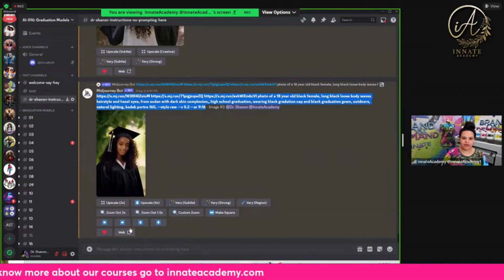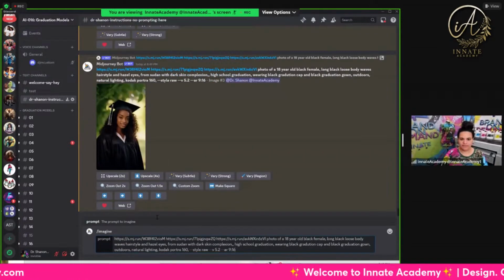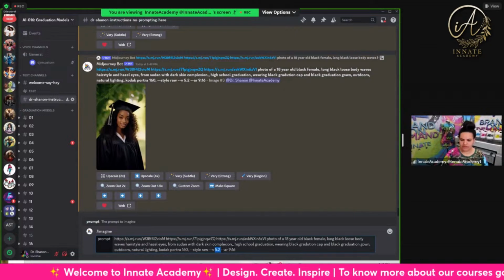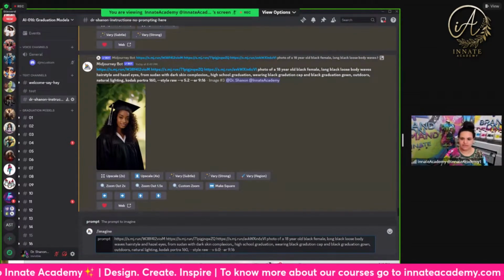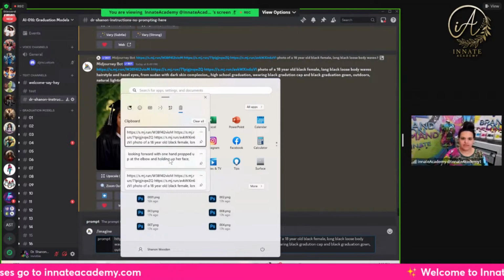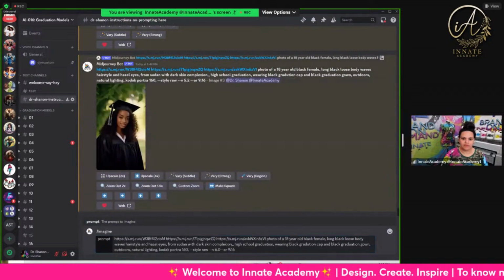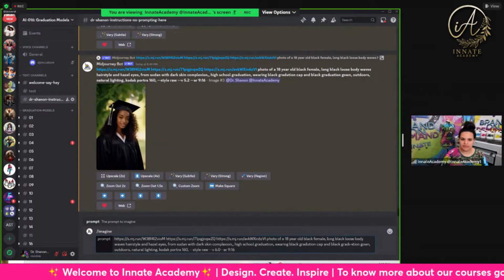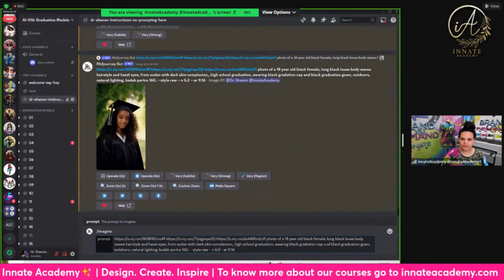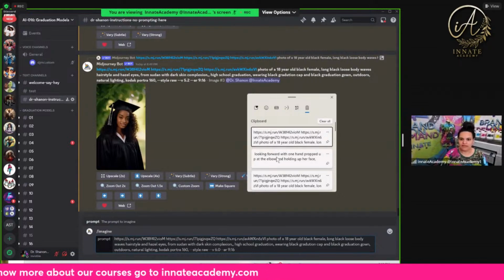Same idea. I'm copying that whole prompt, /imagine, pasting it in here. And I'm going to do version 6.0 to see if it gives me a more literal understanding of what I want. I don't know if y'all have this on Mac, but I can do Windows V instead of Control V. And remember, I just wanted this part right here. So right after the graduation gown, I'm going to paste that. So I'm going to do Control V and take this,